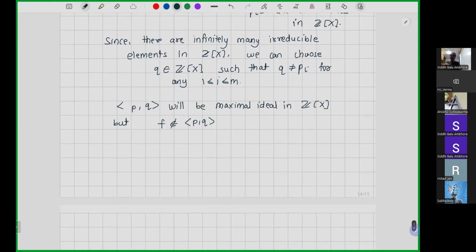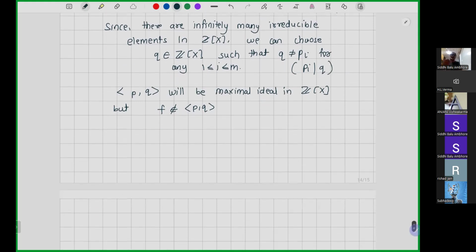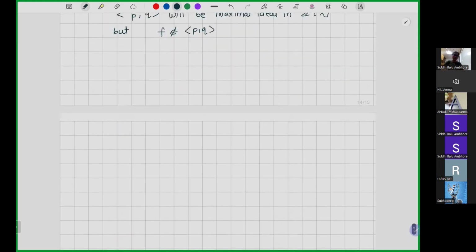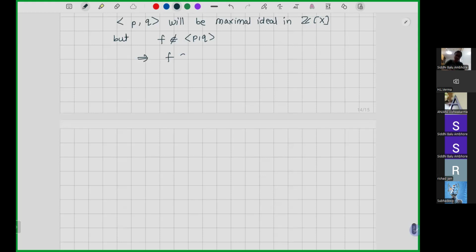Because none of these are irreducible and none of them divides each other because they are not equal to each other. So this implies that Pi doesn't belong to Q. This is also one way to write it, since these are irreducible elements. Is this okay? And once we have that F doesn't belong to Q, this implies that F doesn't belong to